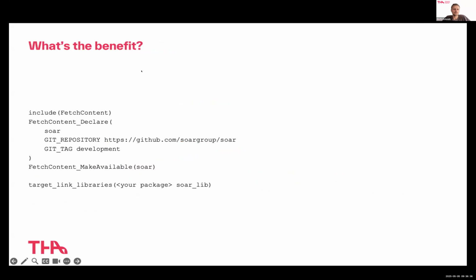So what's the benefit of all this? Essentially, this code snippet is all I need to include Soar in my CPP project. And afterwards, I can just link against the Soar library. It doesn't depend on whether it's a dynamic or static build. Obviously, there's some more missing above and below, but essentially that's the most important part, to link against Soar and use it. And this FetchContent_Declare automatically pulls the latest development version from the GitHub branch and builds it on your local device with all the dependencies